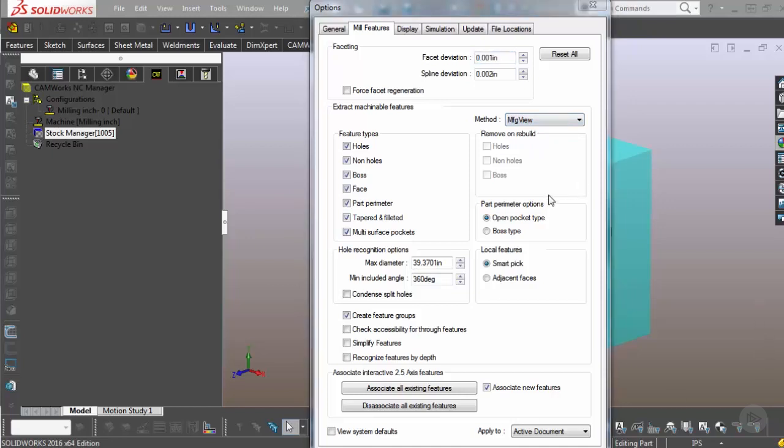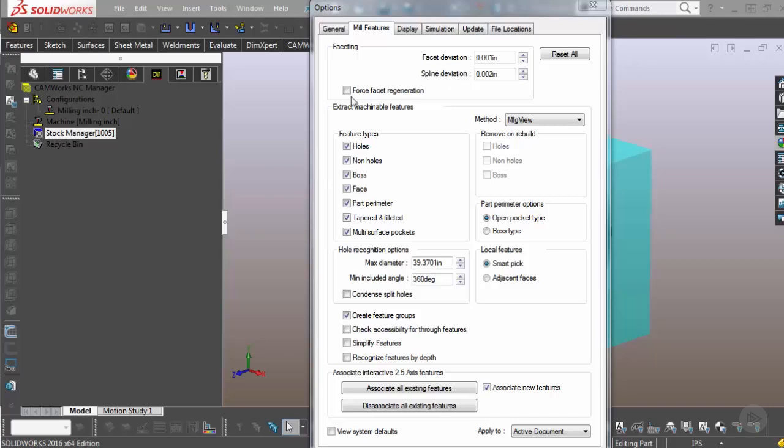So on this page we have several different areas, and let's go ahead and look at different types here and break it down into sections. The nice thing about CamWorks is everything generally gets broken into sections. You'll see these light gray boxes that go around the part, and those are sort of broken out into specific groupings of how the technology gets used. The first part is the facet deviation and spline deviation. This one is set in a fashion where you generally do not have to mess with it